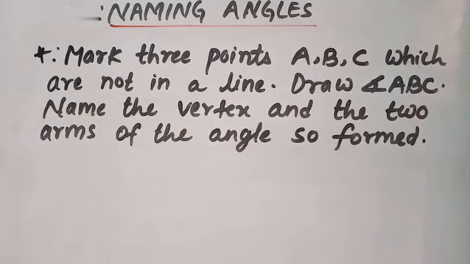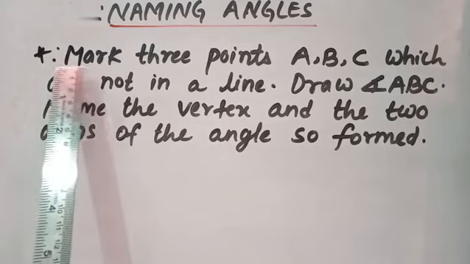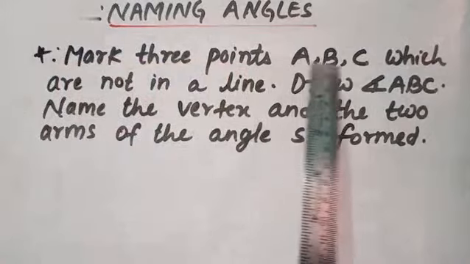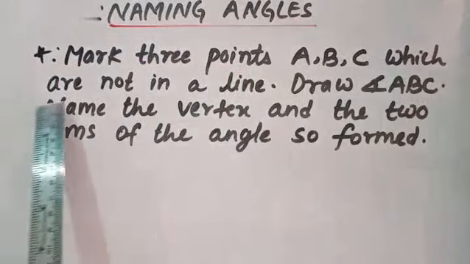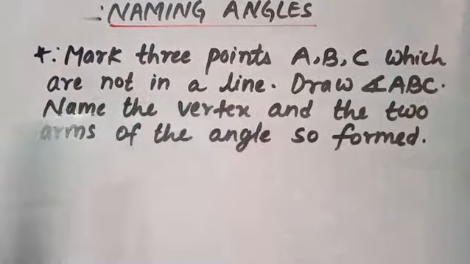So, students, let's read the very first sentence. Mark 3 points A, B, C which are not in a line. So students, you have to mark 3 points in such a way that those 3 points must not lie in